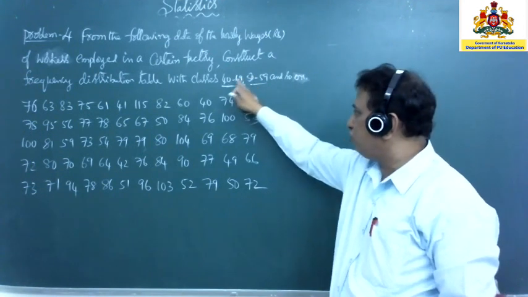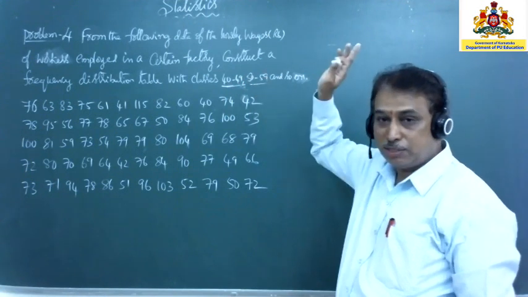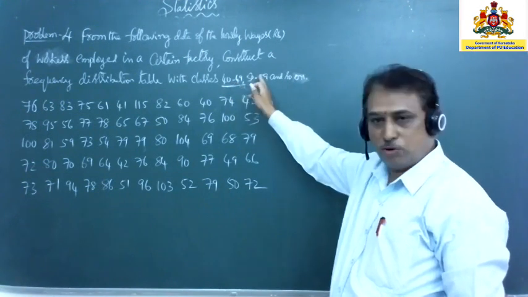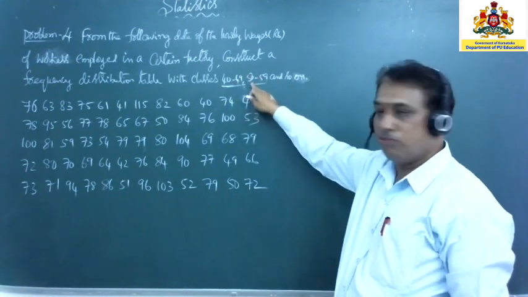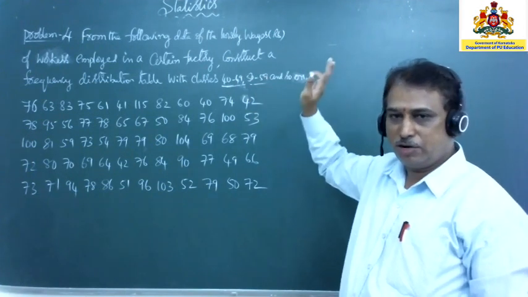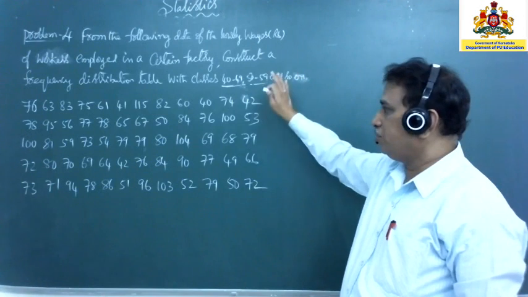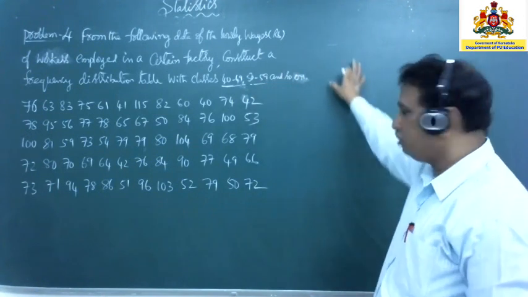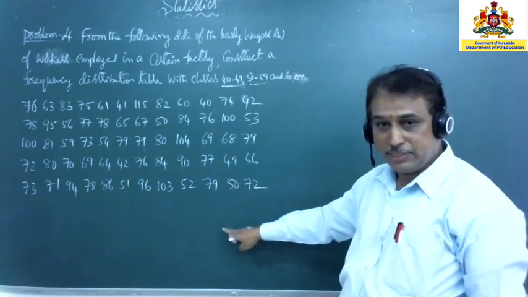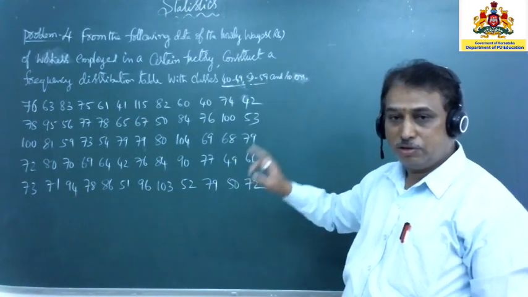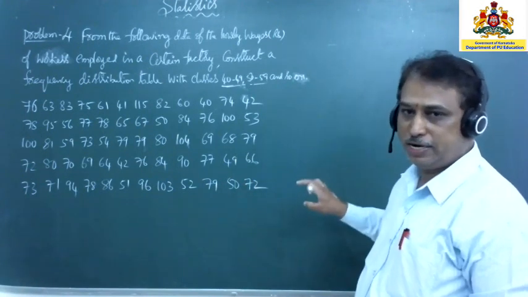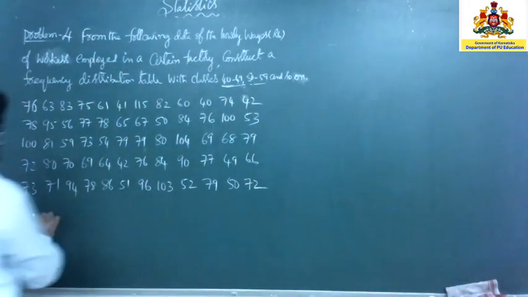If it is the same, 40 to 50, 50 to 60, that is the exclusive type of class intervals. Now there is a gap between the 2 classes: 40 to 49, next class 50 to 59. That's why it is the inclusive type of class intervals. You have to understand it like that. Now you have to prepare the inclusive classes and so on. And so on means according to the highest value, you have to write the classes up to that highest value.